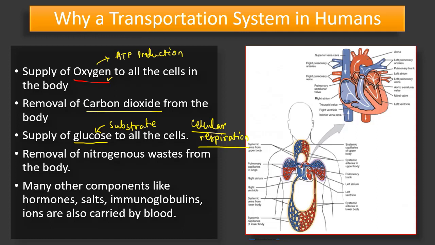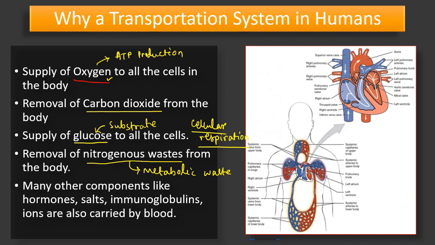Anyway, coming back to why we need a transportation system, we have another reason, that is the removal of nitrogenous waste, right? So when we talk about the cellular waste, these are all metabolic waste, right? So all the metabolic waste needs to be removed, and that can be done with the help of a transportation system. Again, we need the transportation system to carry all the nitrogenous waste to the site of filtration,